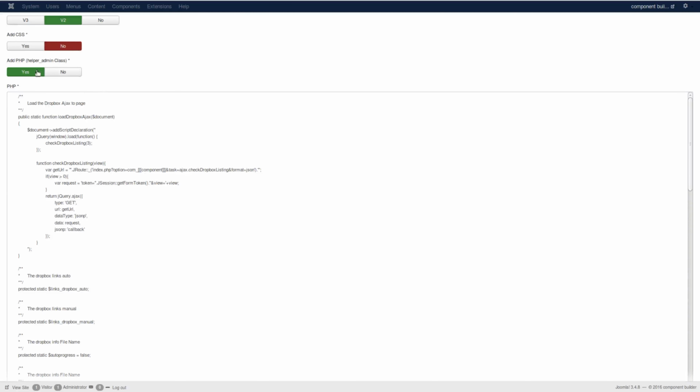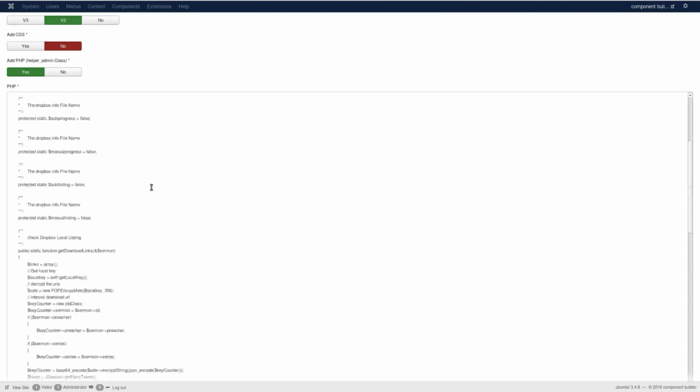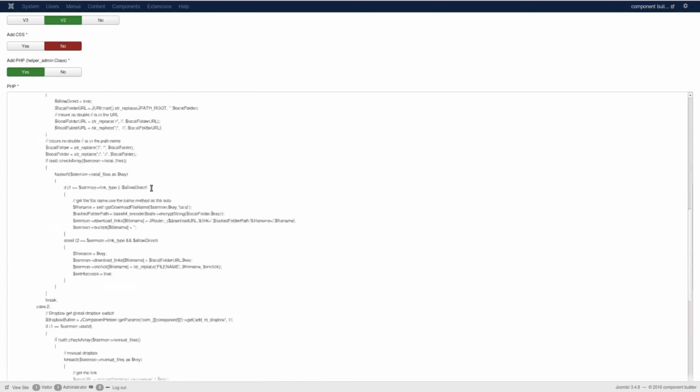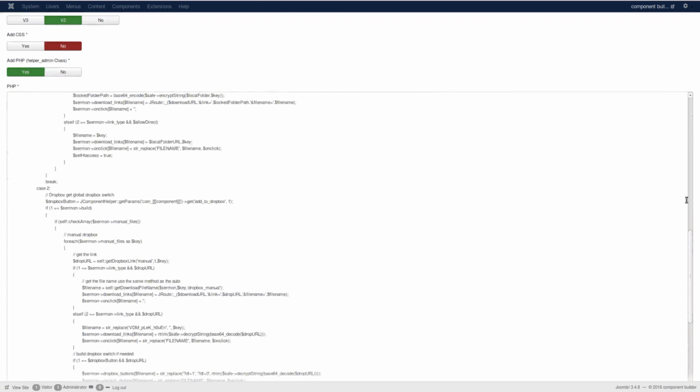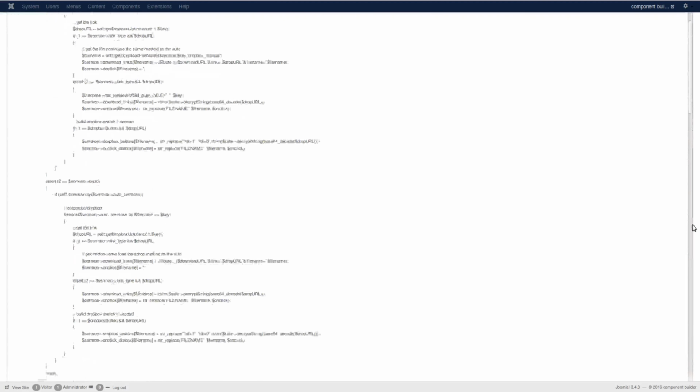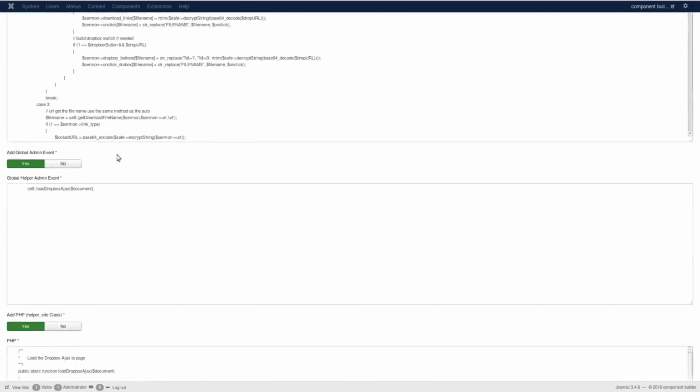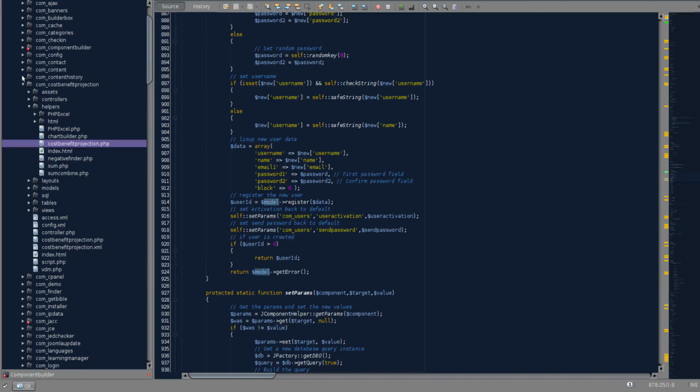This is a place for you to add your own custom scripting to the helper class, the admin helper class. So as you can see, I have a whole custom scripting here for sermon distributor, for the admin area, and as well as an event. Now I spoke about this event concept briefly before, but what we want to achieve with the event is basically on every page. If you look at this sermon distributor,